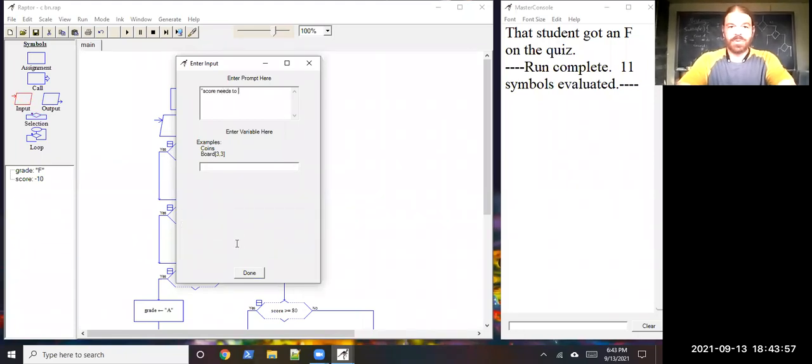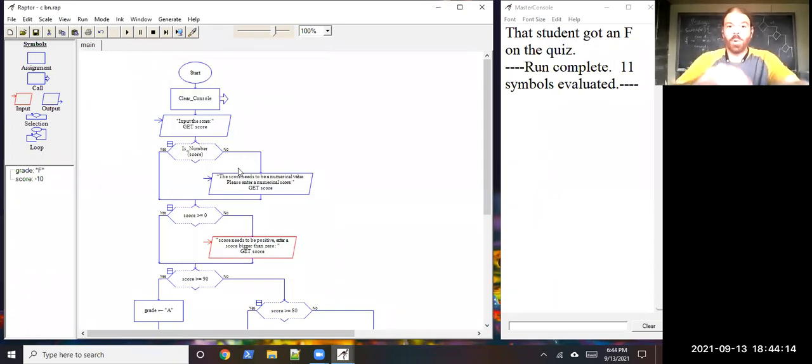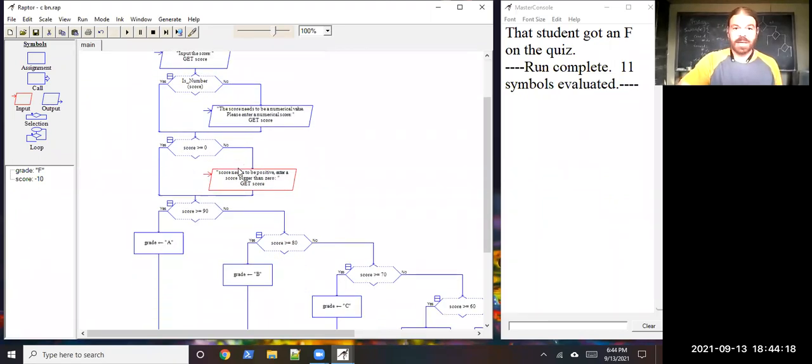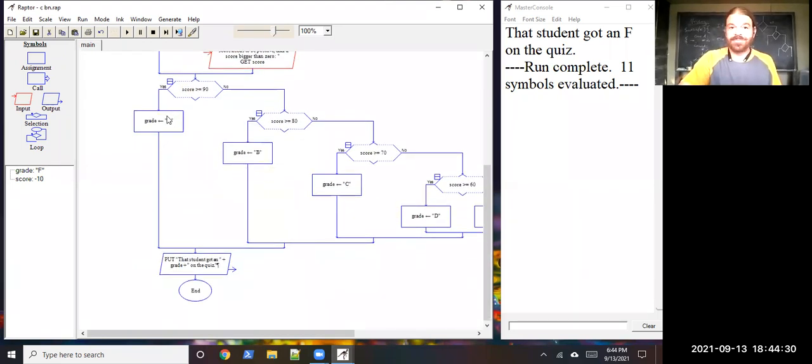Score needs to be positive. Enter a score bigger than 0. And whenever something like that happens, make sure you give nice descriptive messages to the user so they'll know what went wrong and what to do. And we can check the input and make sure we're getting good input from the user before we go trying to do math with the numbers,